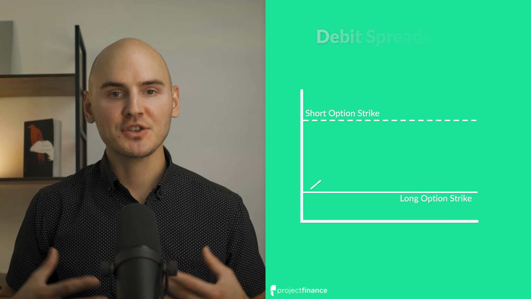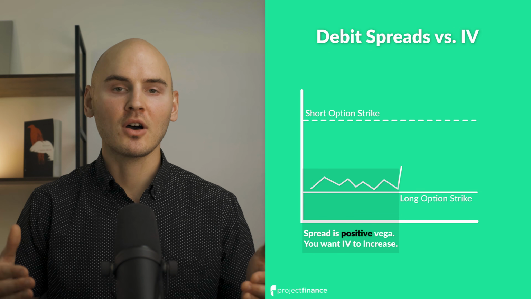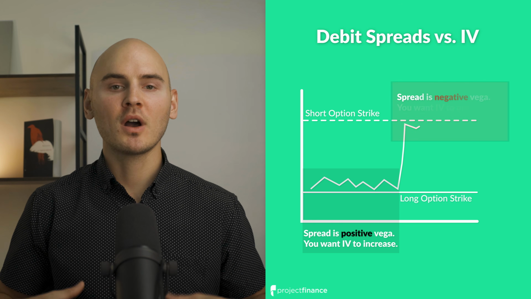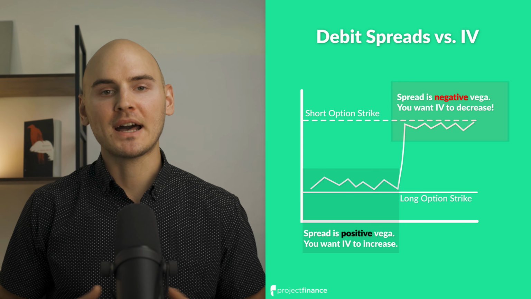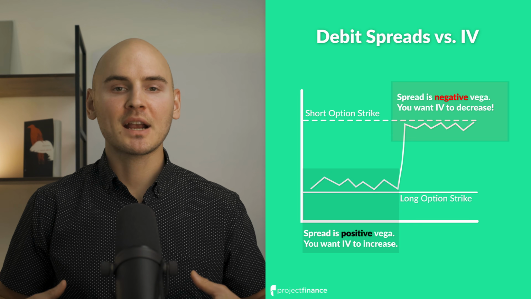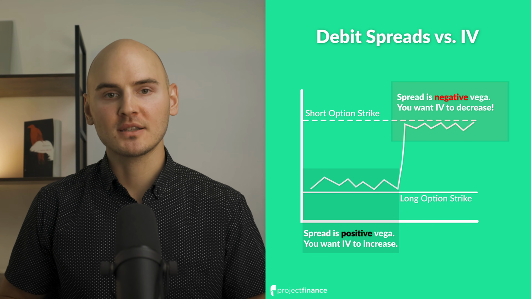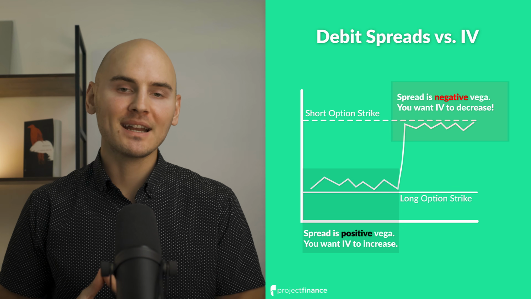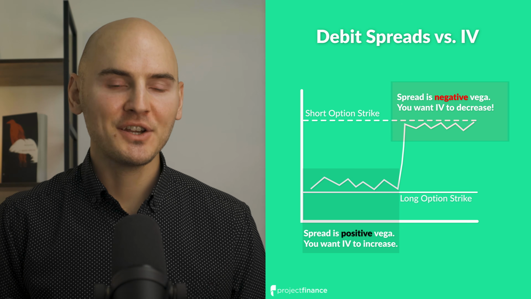This first example illustrates that if you buy a vertical spread and the stock price is near the long option strike price, you want implied volatility to increase because that will benefit the value of your spread. But if the stock price changes favorably and ends up at your short option strike price, your spread will now be negative Vega, and you want implied volatility to decrease, and that will lead to an increase in the value